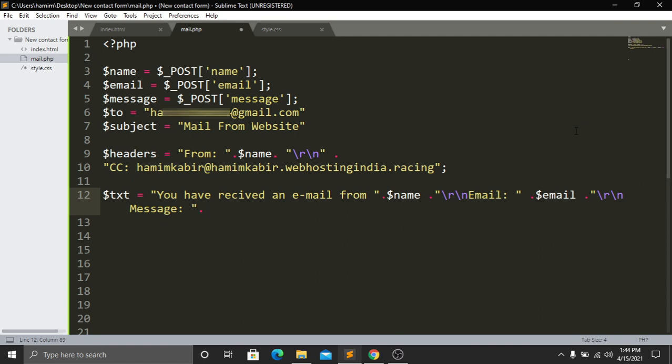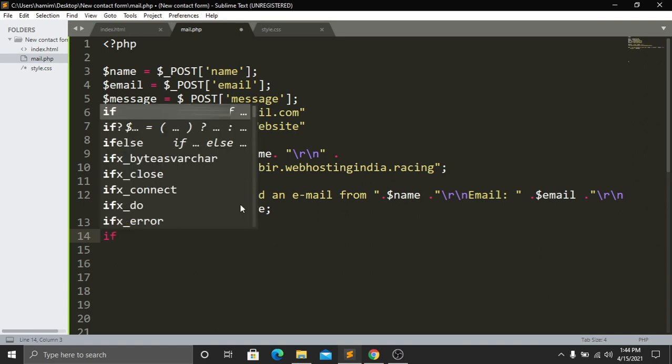And this message is actually inside this message variable. So copy this message variable from here and then paste it here. That's it. So here you can see that we have done with our text format, with our message format. So after this one, now we have to define an if section.